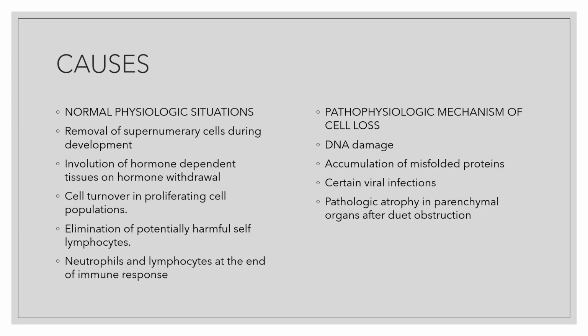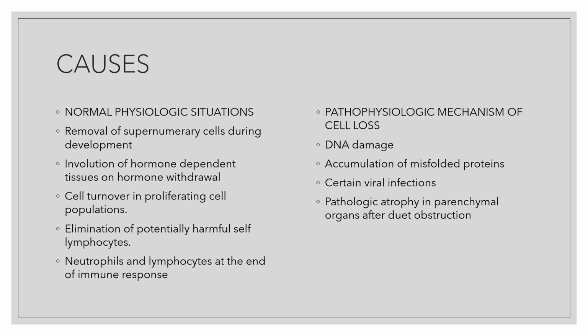So what are the causes? Basically, there are two causes. One is normal physiological situations, that is nothing to be afraid of, that occurs normally in the human body, and the other is a pathophysiological mechanism of cell loss, which might be because of some underlying causes that should not be overlooked. So under the normal physiological situations, there is one that occurs when the removal of supernumerary cells occurs during